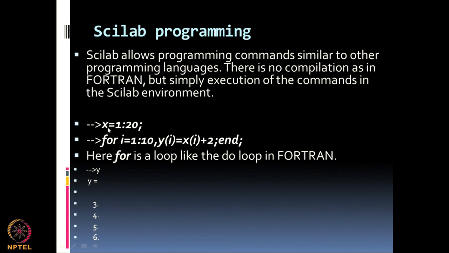Now, you see that this x was going from 1 to 20. So, I calculate y for those values 1 to 10 and this is listing all the values. Okay. I have listed a few values here, the first 4 values. So, this is how I will execute a do loop, and what I have done here is type y and enter. When I enter y, it will give all the 10 values of y, because y was only taking 10 values. Okay. So, this is how I will execute and give the output for y. This is how I will do some elementary programming in Scilab.